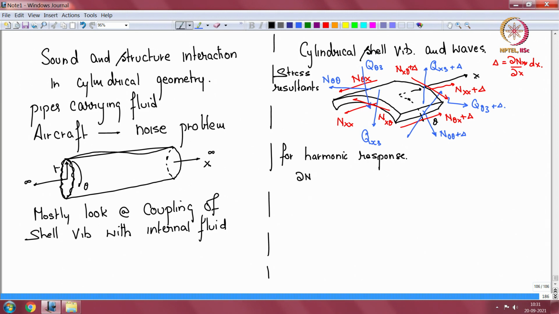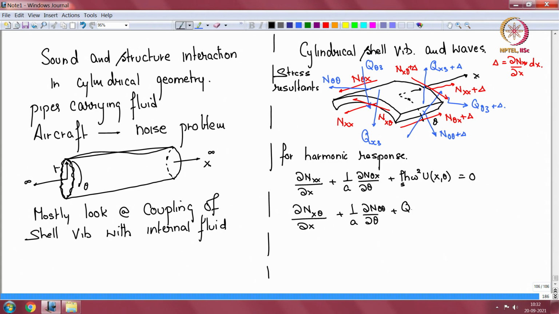Which will look like del nxx over del x plus 1 over a del n theta x over del theta plus rho h omega square, or let me say rho s omega square u(x,theta) equal to 0, then del nx theta by del x plus 1 over a del n theta theta by del theta plus q theta 3 over a plus rho sh omega square v(x,theta) equal to 0,